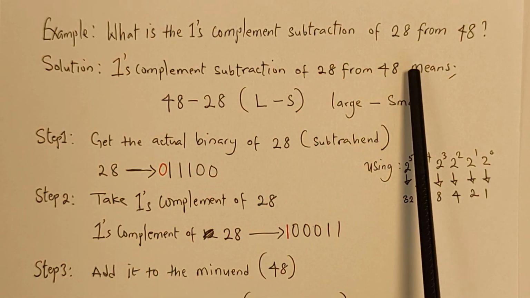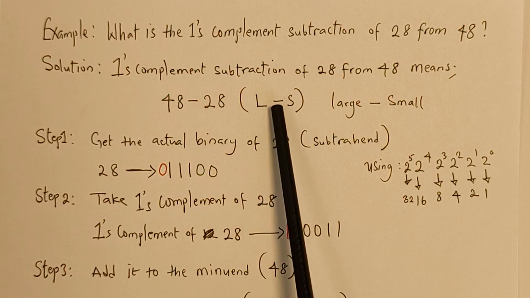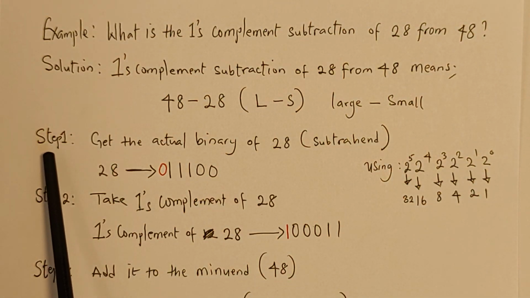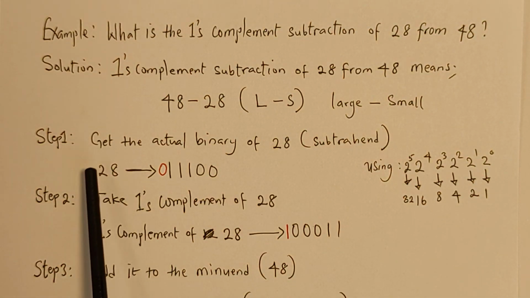Once you're able to arrange it properly this way, it means you're already 50% ahead. You already solved the question 50%. You're 50% close to the final answer. That is what it means. It means you understand how to represent the question. All right. So the first step we need to take is